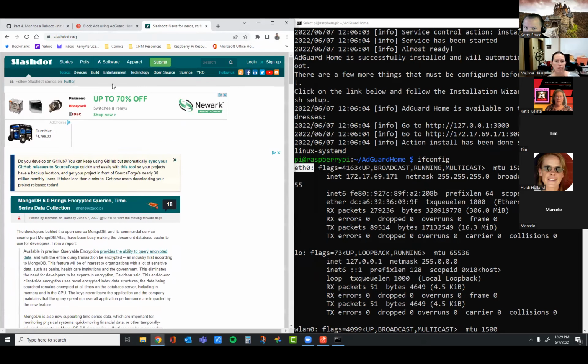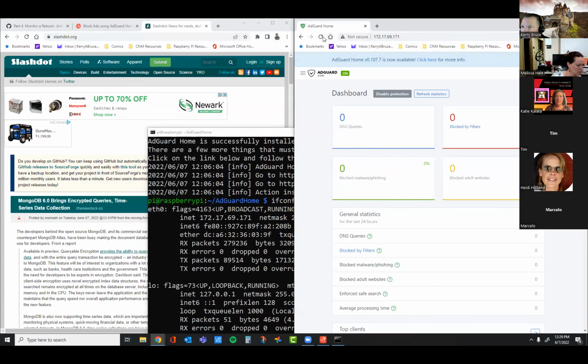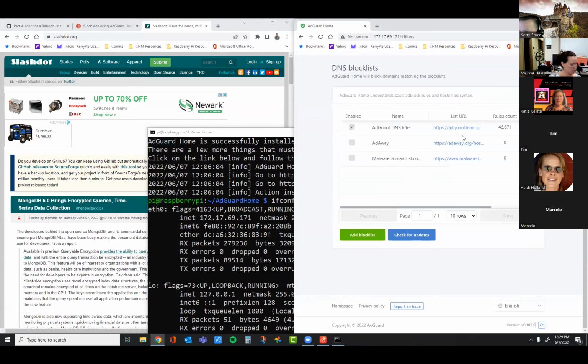Now we don't have a big banner. We have these little bitty things that have ad choices. The ad choices stuff is kind of messed up here too. So there's something happening. There's my DNS queries. Here's blocked by filters, so I've got some things being blocked. Right, AdGuard, AdAway, right? So those are all.